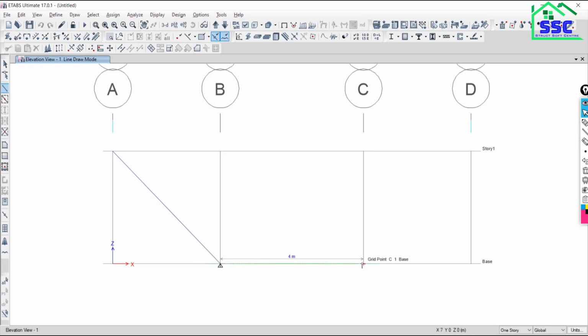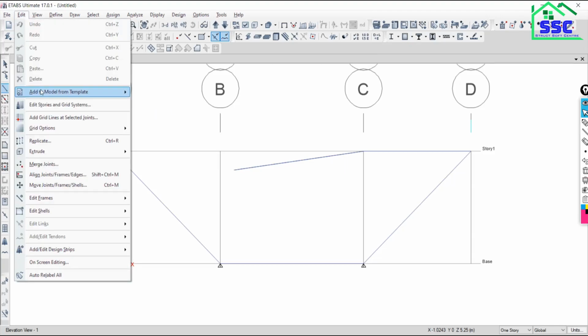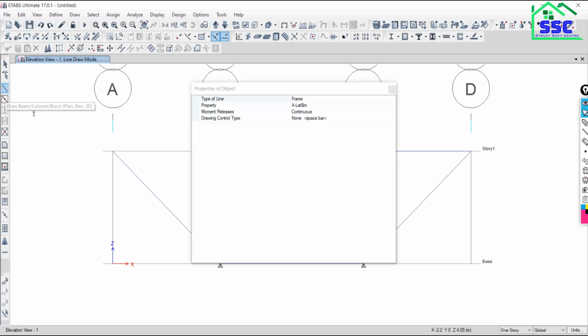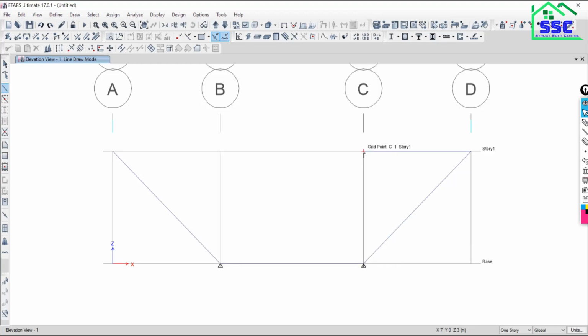Okay, now just go to the second point, then move to the next point, just click on that, then come back to this point. Okay, undo the command, go back, close it. Now start again from the first point to the next point, then start. Okay, so this is done.